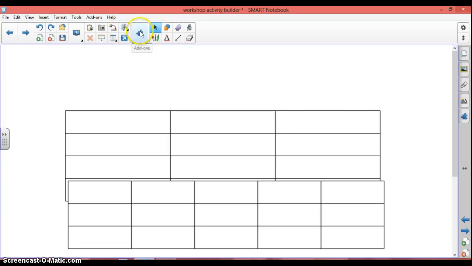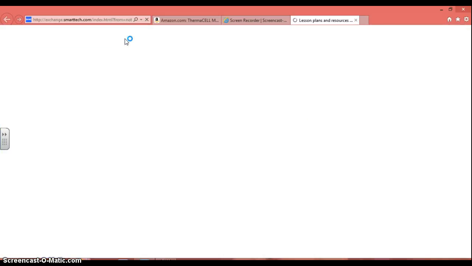Measurement tools. This one is new for Smart Notebook 11. It allows you to align your pages. So you can see you can align to the bottom, the middle, right, stack horizontally, stack vertically, align top, align middle, align left. And this nifty tool will take you straight to Smart Exchange,